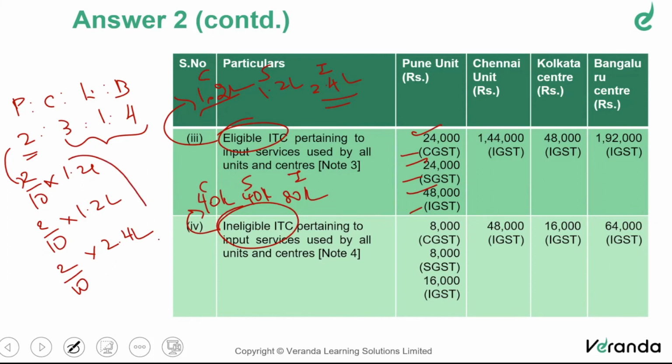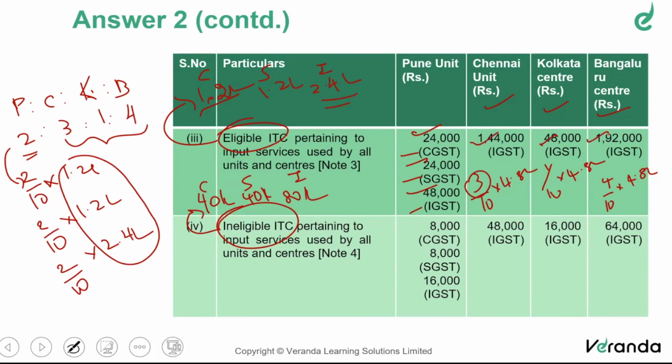Now, as far as the other 3 units are concerned, we need not do this separately. We can just add up all 3 amounts, basic mathematics, since everything is going as IGST. So 1.2 plus 1.2 lakhs plus 2.4 lakhs comes to 4.8 lakhs. Here, as far as Chennai, Kolkata and Bangalore are concerned, Chennai is 3 by 10 multiplied by 4.8 lakhs, Kolkata is 1 by 10 multiplied by 4.8 lakhs, and Bangalore is 4 by 10 multiplied by 4.8 lakhs. Are the amounts coming correct? Yes. 48,000 is the base value, so 1/10 is 48,000. Multiplied by 3 is 1.44 and multiplied by 4 is 1.92. It's correct.